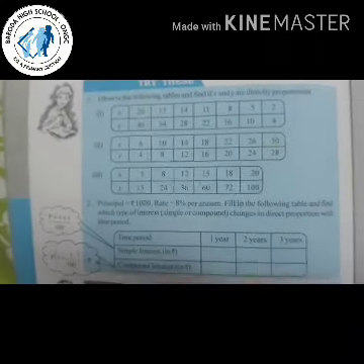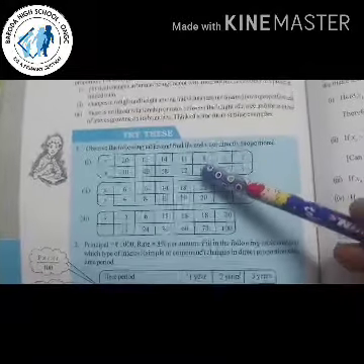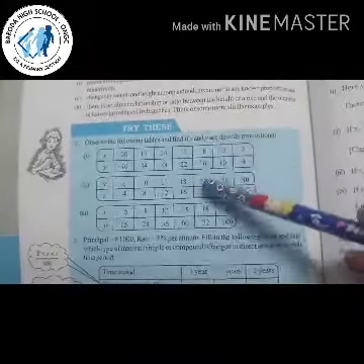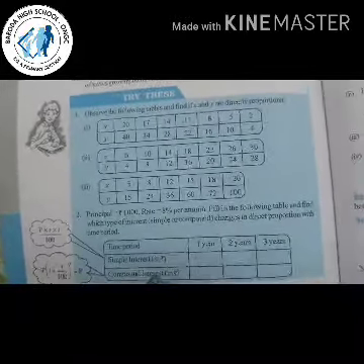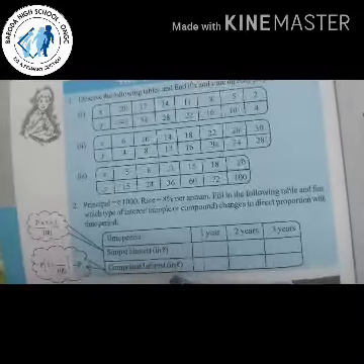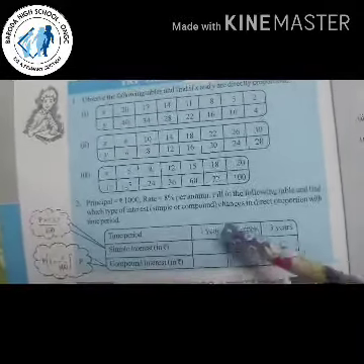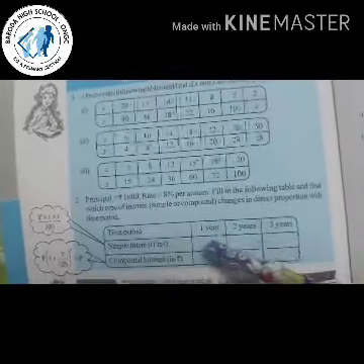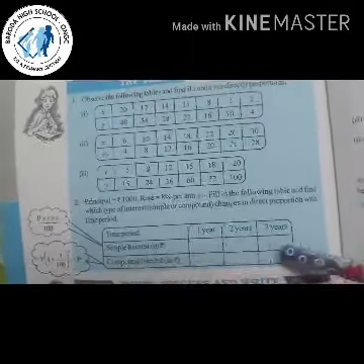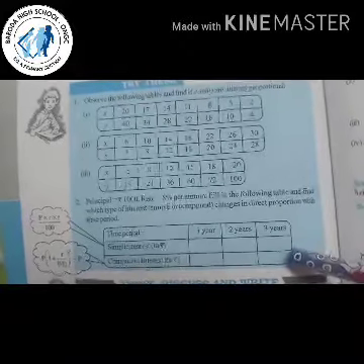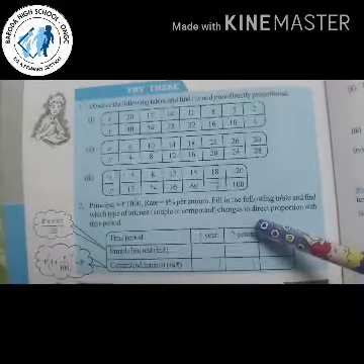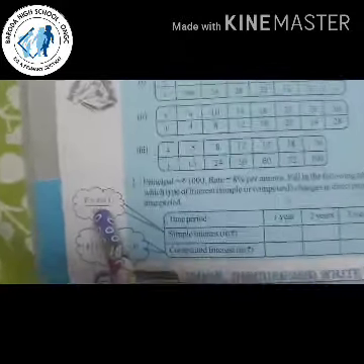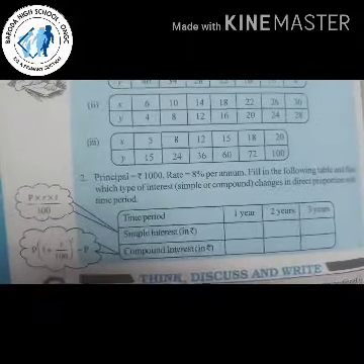Now try these is for you. Here you will try to find out whether x upon y, they are in proportion or not. These are the 3 sums. And here use the value of simple interest and compound interest. Okay, use the knowledge of simple interest and compound interest. So in 1 year, in 2 years, in 3 years, find out the simple interest and find out the compound interest. Then you have to see that the changes, are they in direct proportion with time. Okay, so formula for simple interest and formula for compound interest.